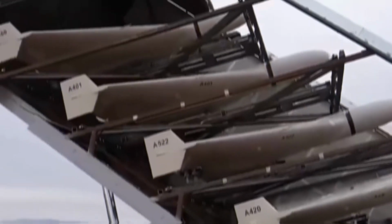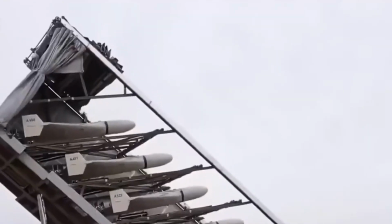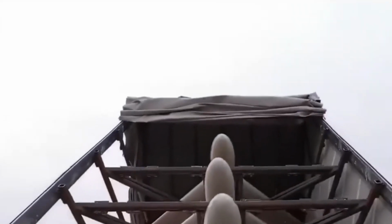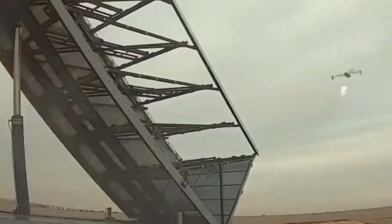The HESA Shahed 136. The HESA Shahed 136 is an Iranian unmanned aerial vehicle, UAV, developed by Iran's Aircraft Manufacturing Industrial Company. It is part of the Shahed series of drones produced domestically in Iran. The Shahed 136 is reported to be a medium-altitude, long-endurance, MALE drone, capable of conducting reconnaissance, surveillance, and possibly combat missions. It is designed to operate at medium altitudes for extended periods, enabling it to gather intelligence and carry out